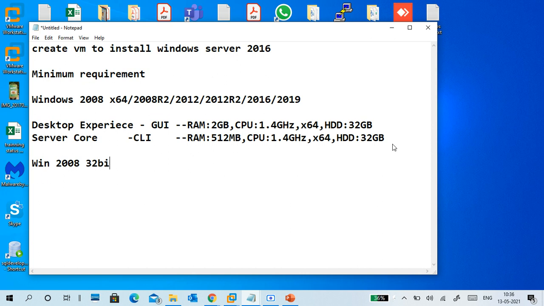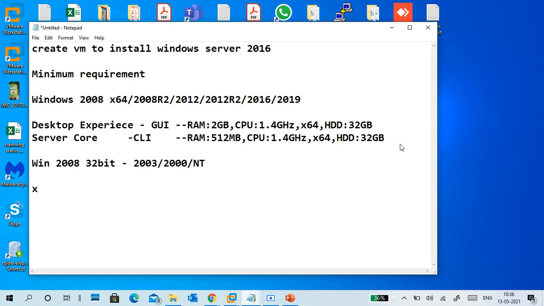Next, 2003, 2000. These are the older versions of server, still in Windows 10.